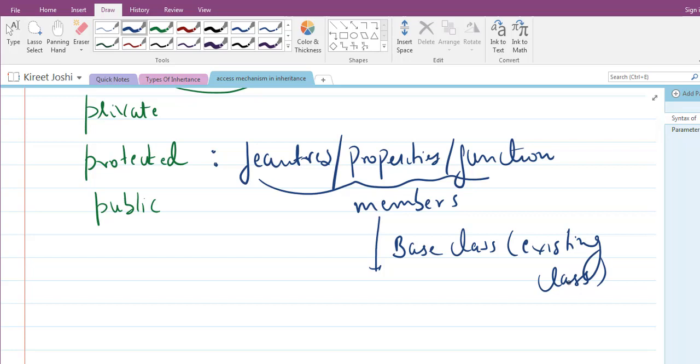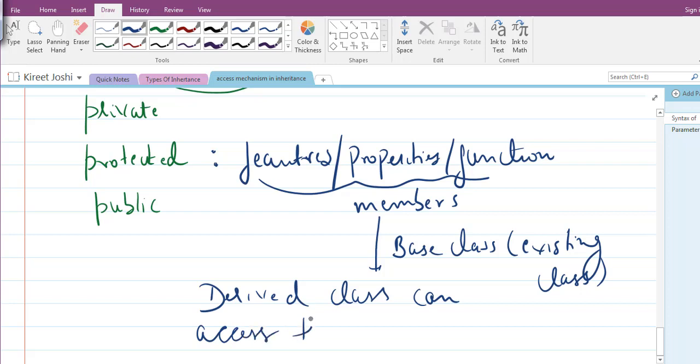So the derived class can access the protected members,